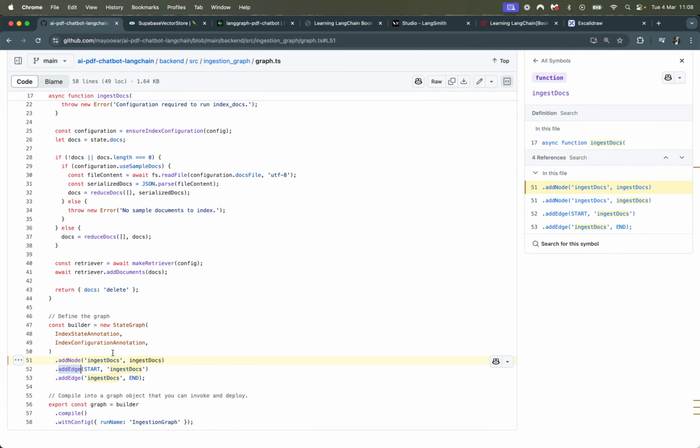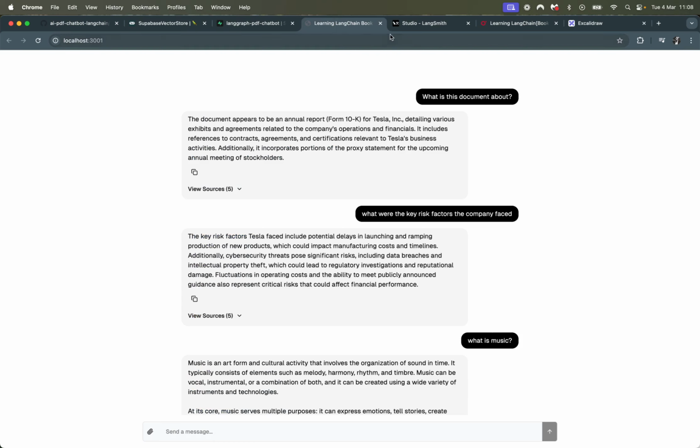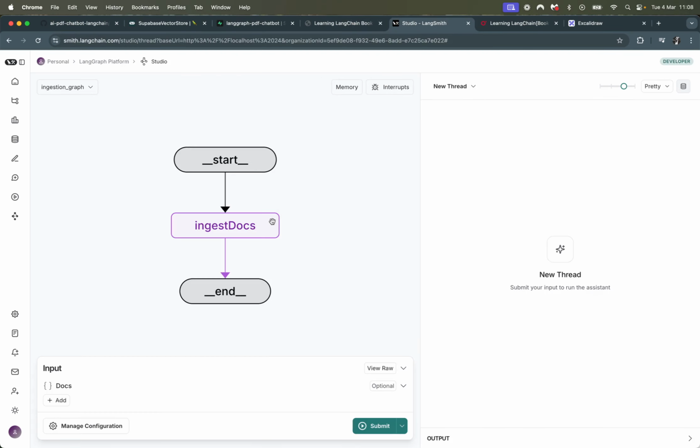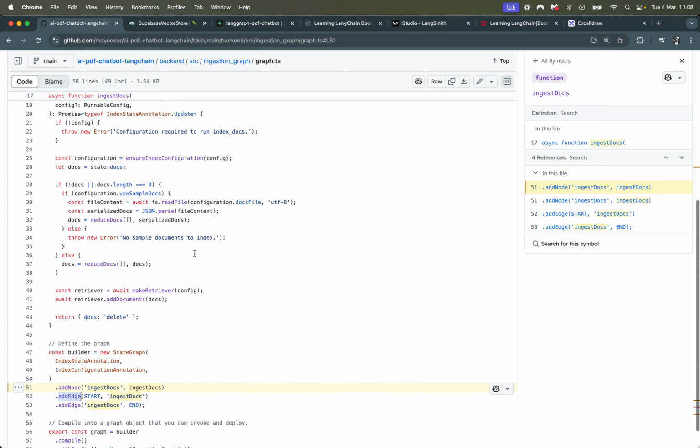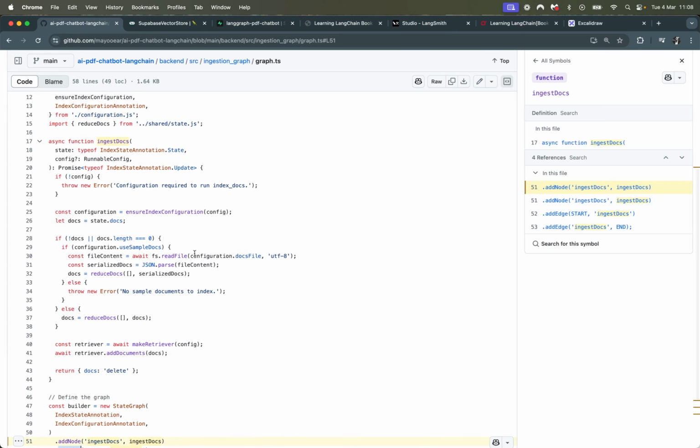And we are going from ingest docs to end. So that's exactly what we can see here. Start, ingest docs to end. And you can see that this takes in your docs. So you're the one who's going to provide the documents that you want to be quote unquote ingested into your